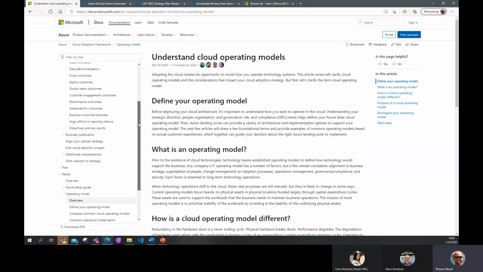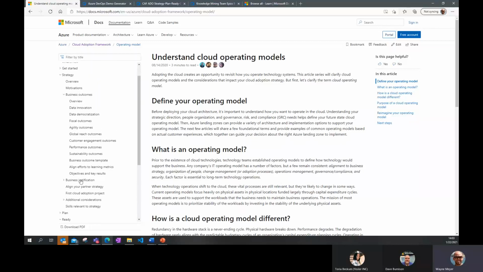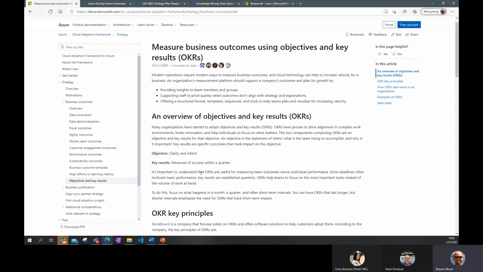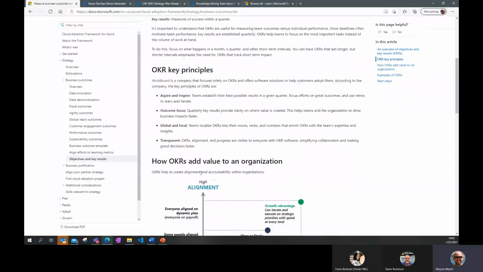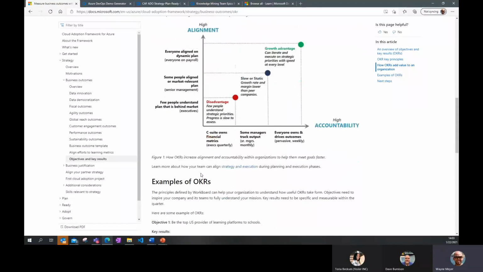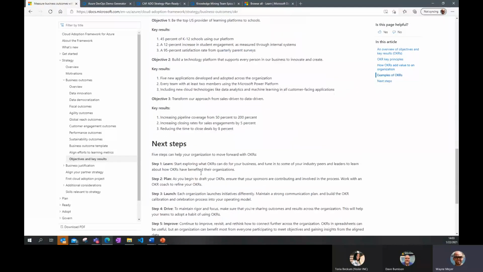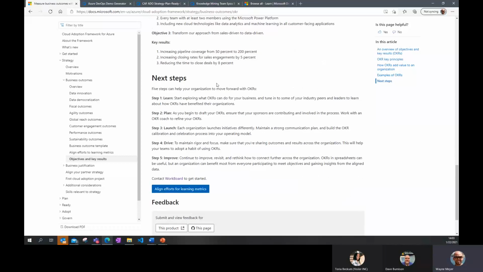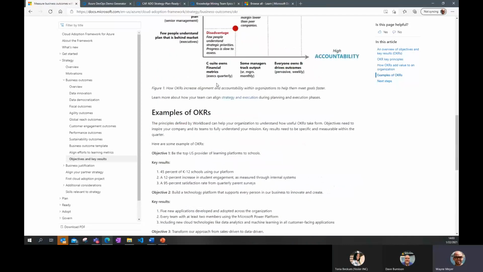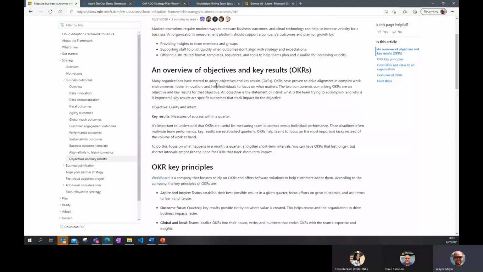First thing, just from a navigation, if you jump into the business outcomes under strategy, you'll see everything that we've spoken around in terms of objectives and key results. We've actually written up an article here, just talking a little bit about the principles of OKRs. What are some of the things that you should be thinking about? How do we drive alignment and accountability in an organization? We've even given some examples of OKRs that you can take a read through here. And then we've got next steps and how you think about this, and then who are some of the partners that we work with in the space as well. But it's a really, really important part of this journey that you go through just by establishing some of those key principles.